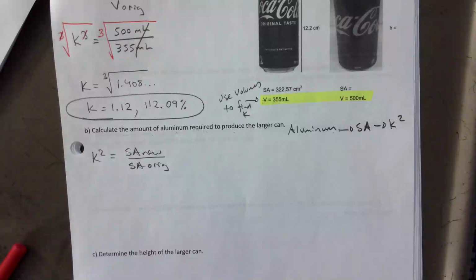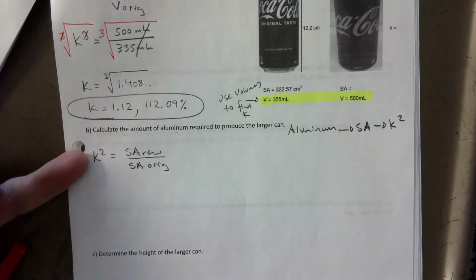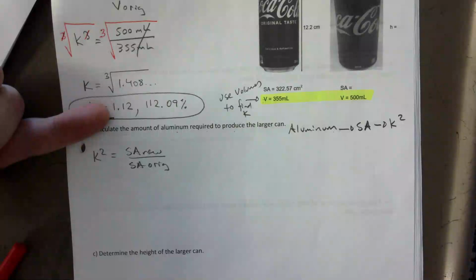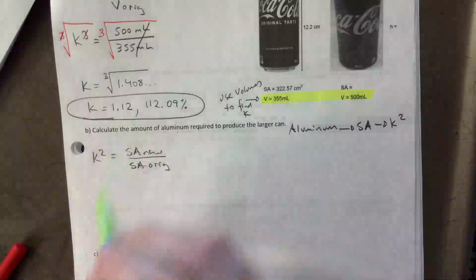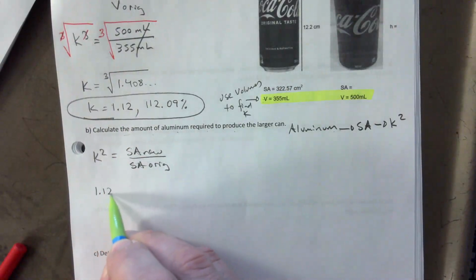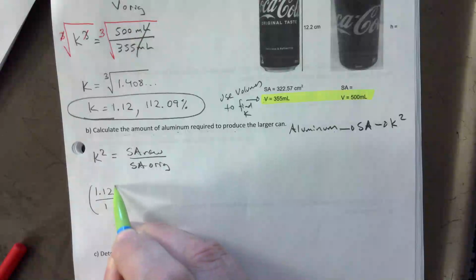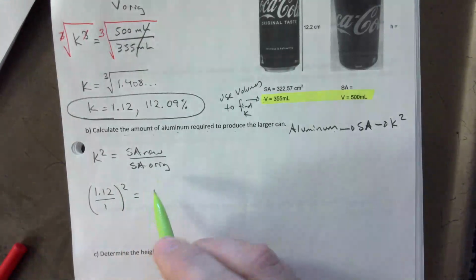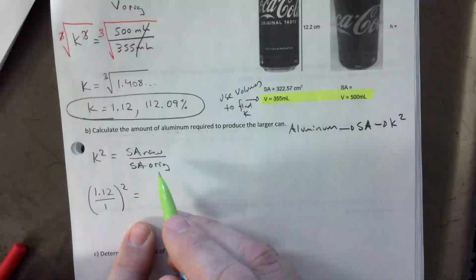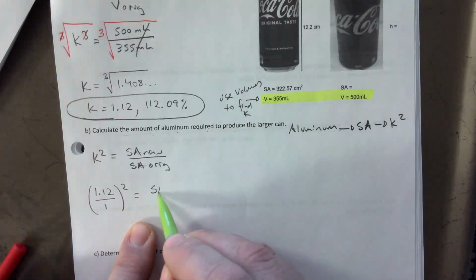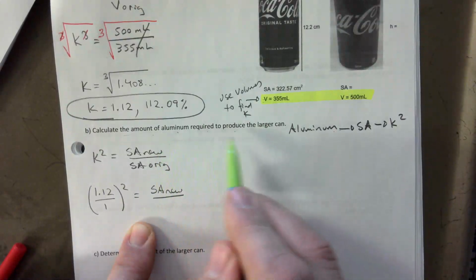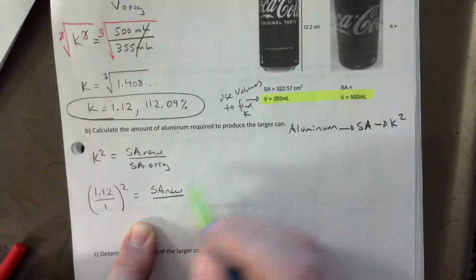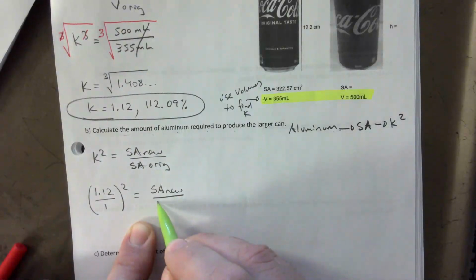Got it? We already know the scale factor, correct? We found out what it was up here. That is what I'm going to use here. So I'm going to take that, 1.12 over 1, square it, and I know the surface area of the original. I don't know the surface area of the new, and that's what the question is asking anyways. What is the surface area of the larger can? And this is